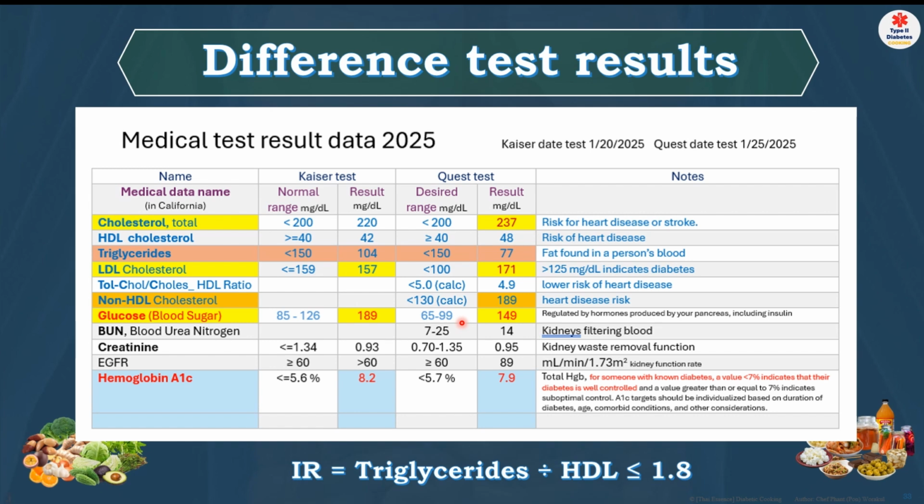Like LDL at Kaiser is 159, but Quest is 100. It depends on what kind of specimen or chemical they use to detect the value of triglyceride. It's totally different. So just be aware whether everything is in the range of one or both of them. Sometimes I wonder who I should believe. Those things get me puzzled and confused. But as long as it's in the range, I'm okay.